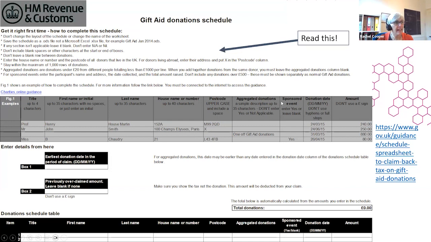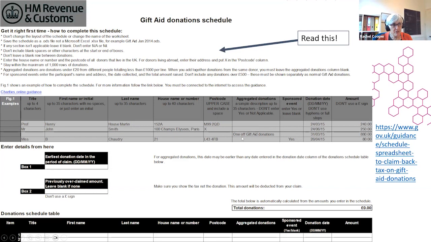Then the next box they have here is something called aggregated donations, which is where a number of different people have given small donations. The idea is that it is probably a bit of a bore if you've got a spreadsheet somewhere with loads of donations from people of under £20 to have to transfer each and every one of those onto this spreadsheet. And so HMRC have said, you don't have to do all of that work. As long as all of them are under £20, and you have got that full analysis, so that if they do come in, you can prove to them that each of these people do exist and have given you a Gift Aid donation,